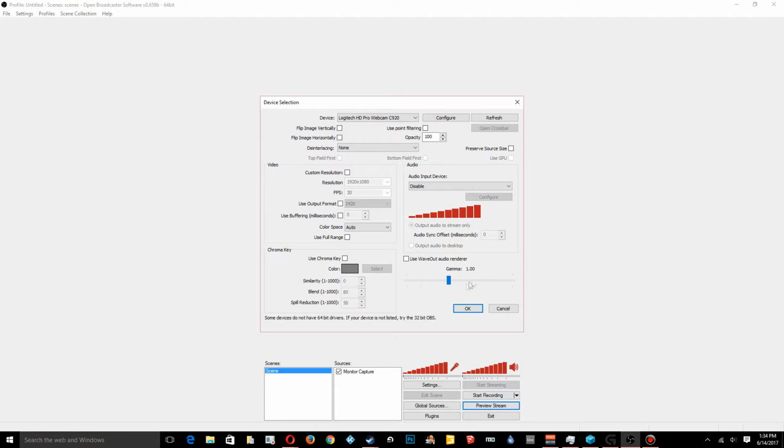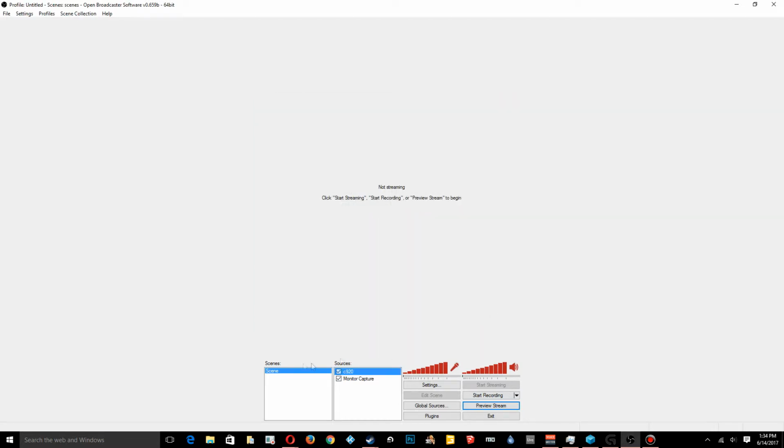And the gamma will make your webcam appear brighter. For example, if you're in a dark room, you can crank the gamma up a little bit and it'll make your webcam brighter. I'd recommend not changing the gamma and you'll probably be fine. Click OK when you finish with that. And now if we click preview,